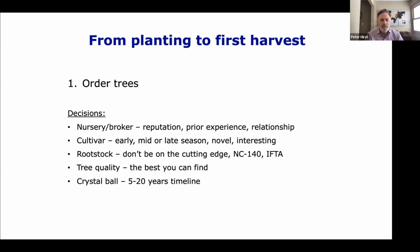Rootstocks, we talked about rootstocks, and I've put down here, don't be on the cutting edge. Well, what do I mean by that? I think with cultivars, we do want to be on the cutting edge. We want to be on the new and interesting. The rootstocks, no customer is going to come to your farm and ask what kind of rootstocks you use. They don't care. That's something that you figure out for your farm that's going to work best for you. And so I think to be on the cutting edge is taking a risk that you don't need to take,